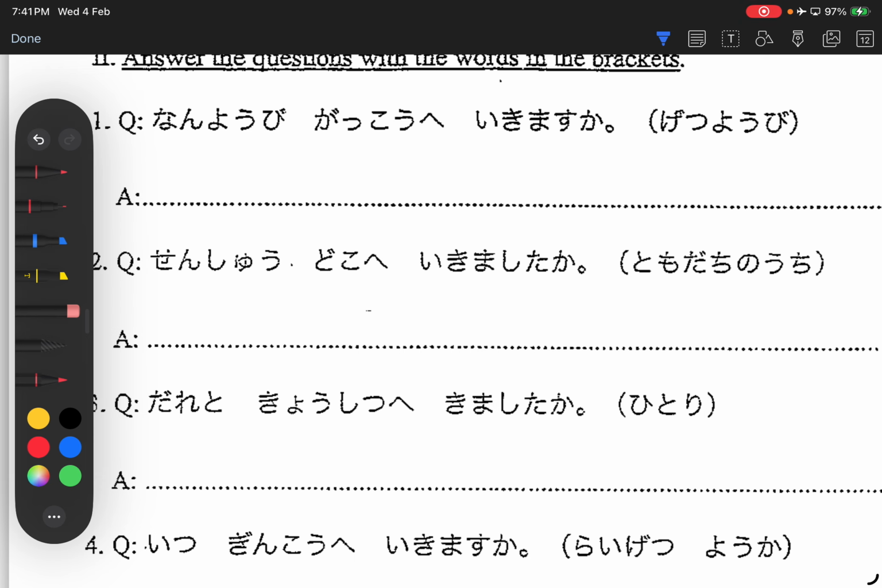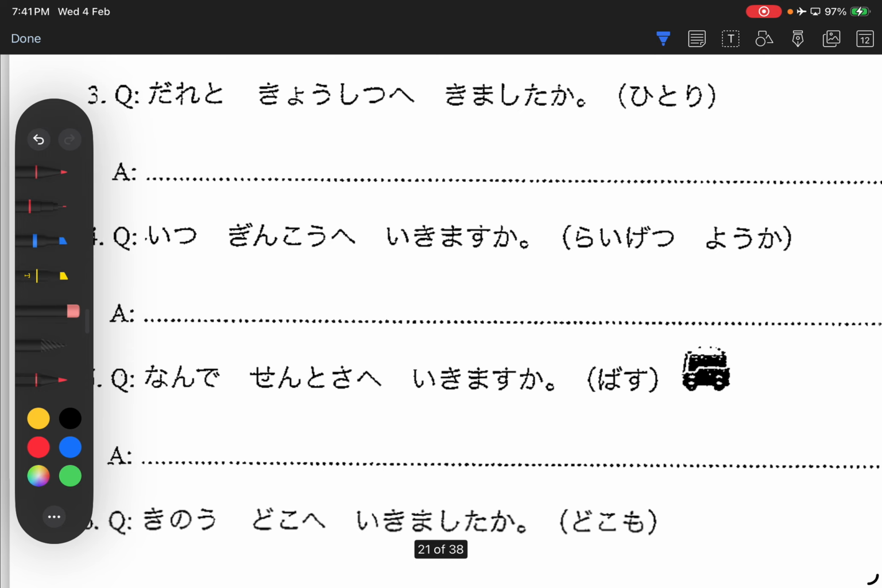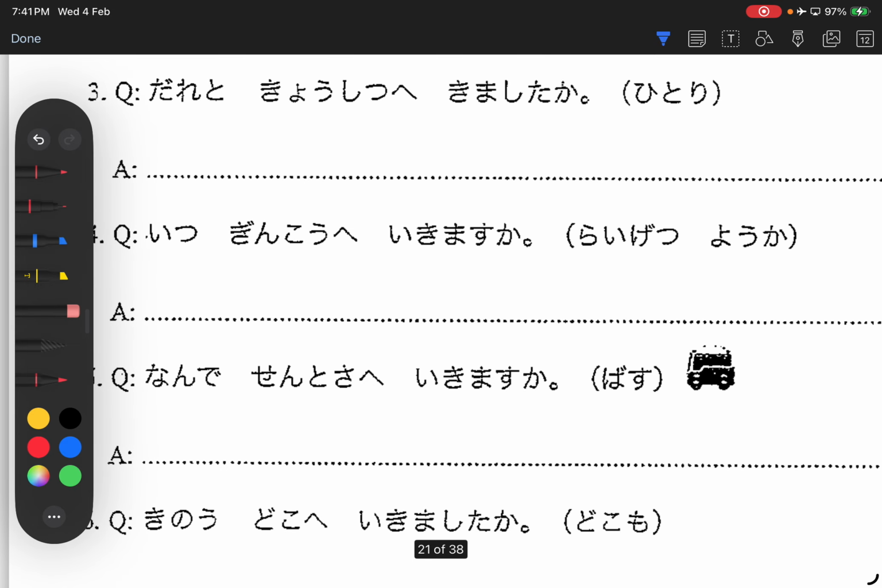I will just repeat. 一人で来ました。Right, I don't need to mention the 教室へ anymore. Other party probably know we're talking about that. Number 4、いつ銀行へ行きますか？来月4日に銀行へ行きます。